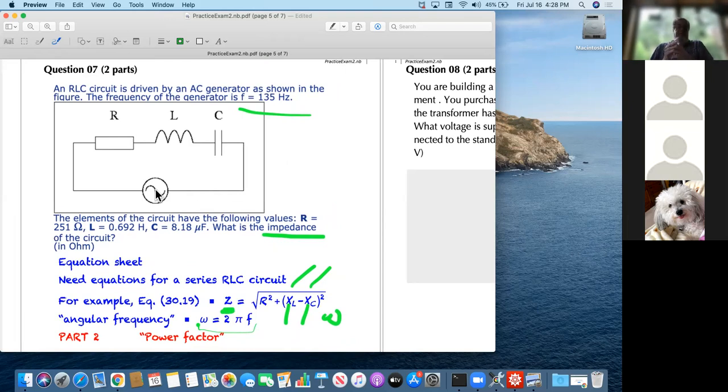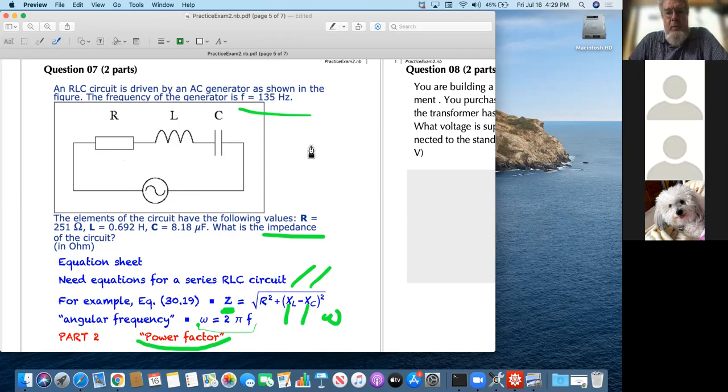And there's a formula for power, which also depends on impedance. It depends on resistance and so on. It depends on the phase angle, I think. So there's a so-called power factor, which is something related to the phase angle. I don't have it written down here, but again,